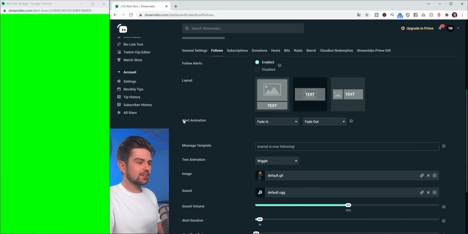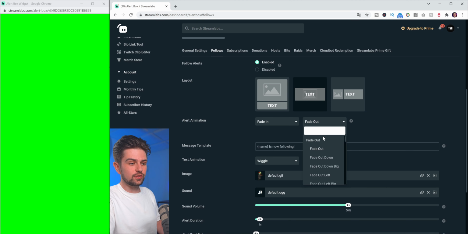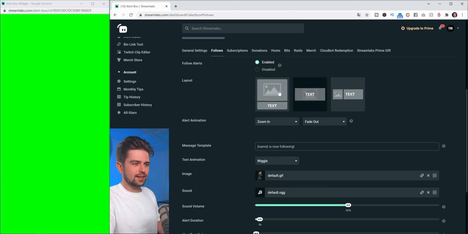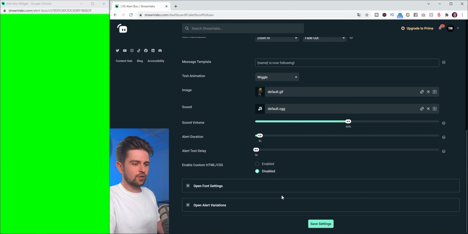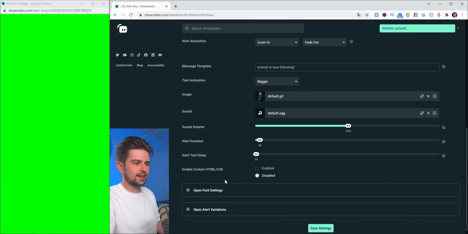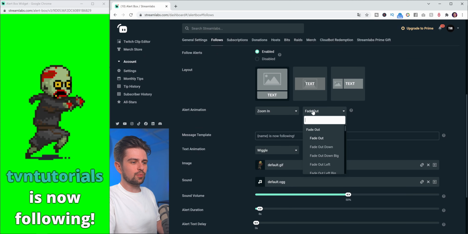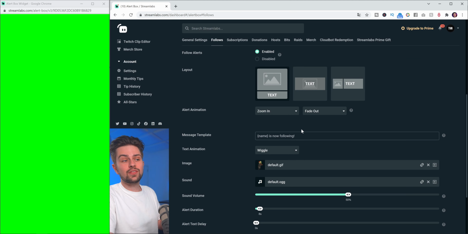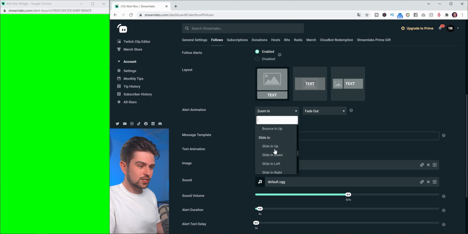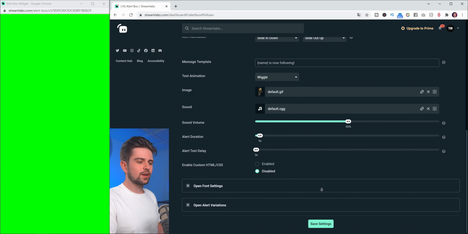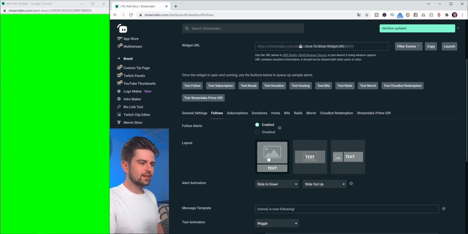The next thing here is alert animation. This changes how your alert enters and then leaves the screen. So for example, when we change this to zoom in. Let's set it to the first layout again because that's perfect with a GIF. Let's click on save settings. When we click on test follow now, you will see that it's zooming in now, and then it will probably still fade out. A great thing people use this for is changing to slide in down, and then the outro animation people change to slide out up, because then when you save this, then you will see that your alert